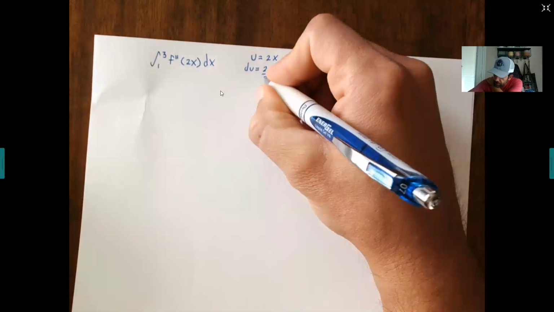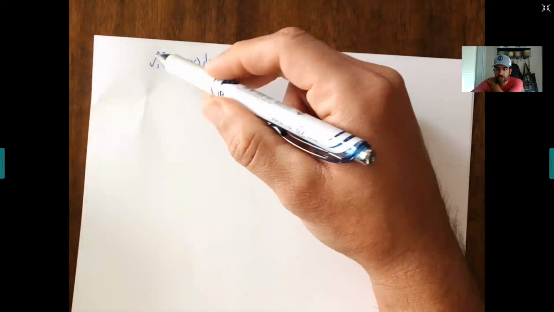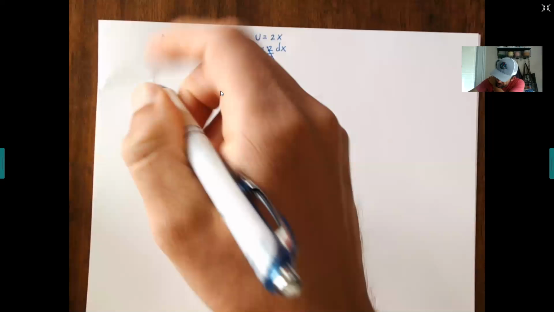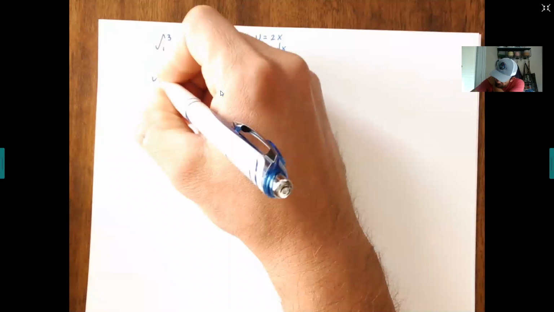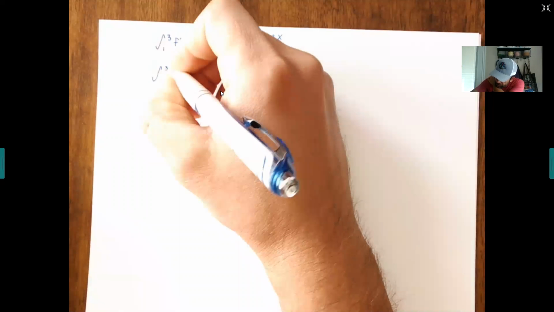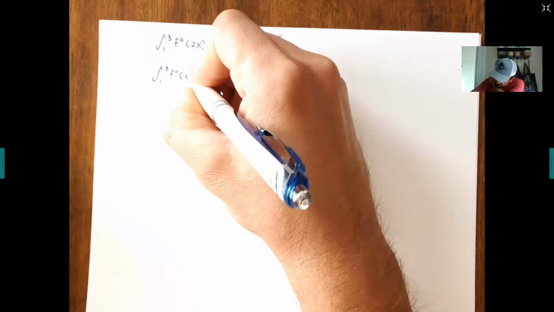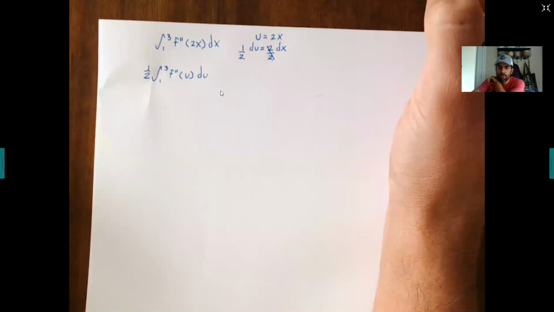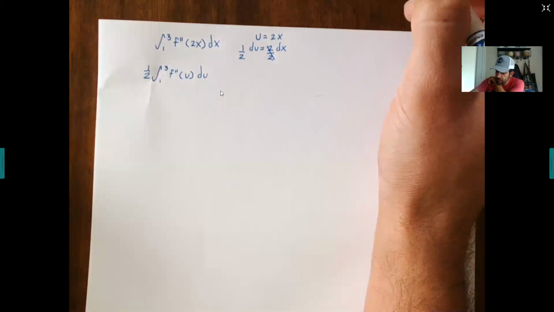And you divide that by 2, because I don't need that 2. Of course, I have the 2 here, but I don't have another 2 in this integral. So I'm going to divide both sides by 2. So essentially what I end up having is f double prime of u du with a 1/2 out here. Okay? Yeah. When I take the antiderivative of f double prime of u, that's just going to give me